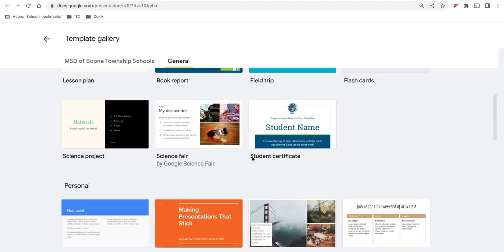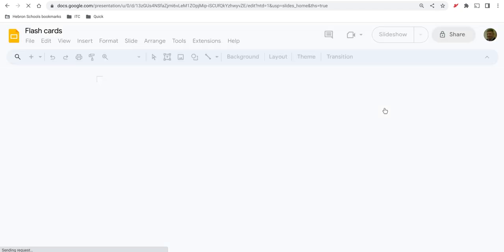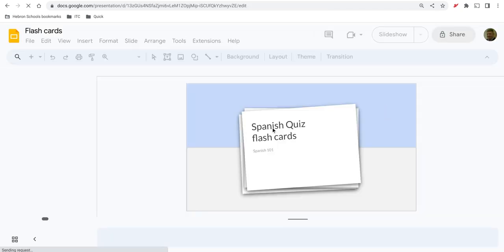So let's say we just pick one. Let's say we do flashcards. And this will open, and the Spanish quiz flashcards, don't worry about that. You can edit that